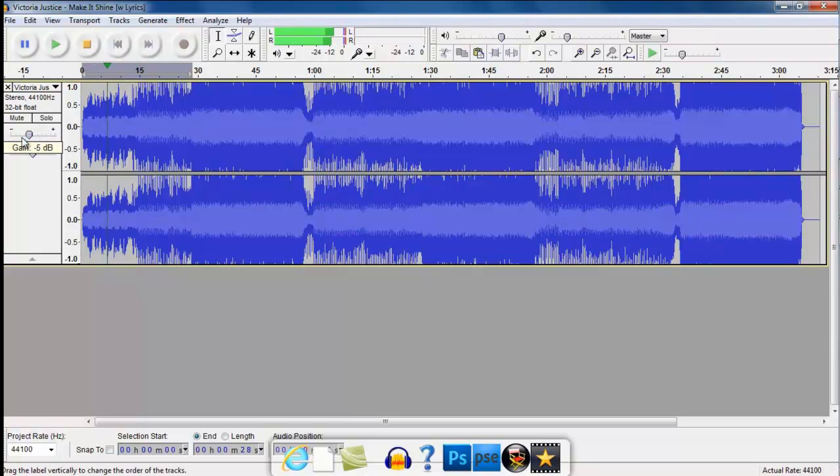All I'm doing there is using the gain. So minus 25, you can barely hear that if at all. Now if I increase it,